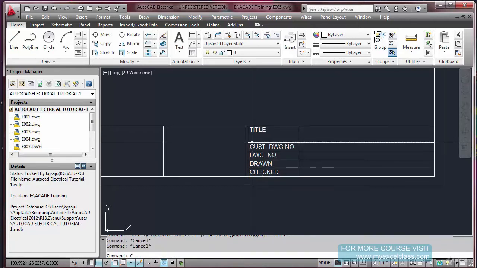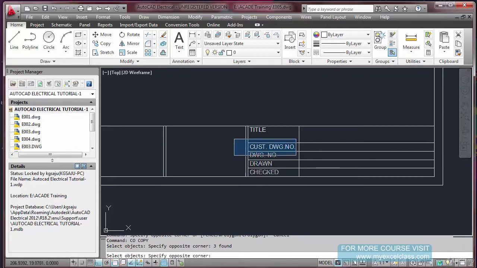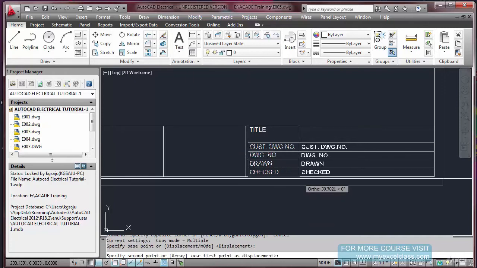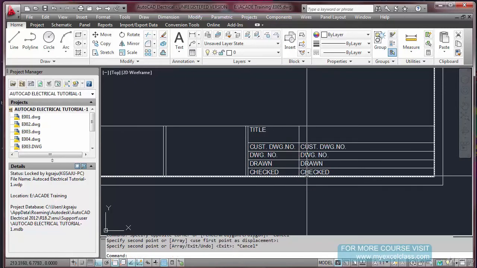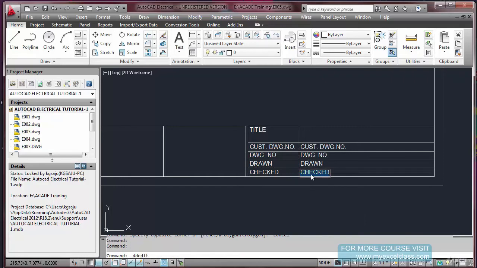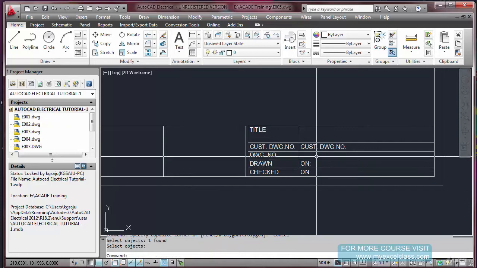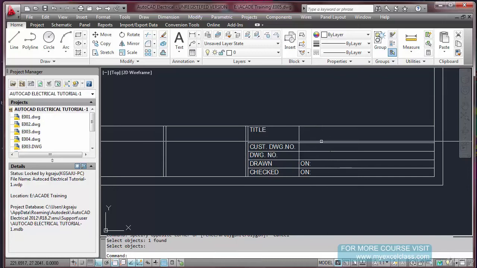Okay. Now copy this portion here, checked one, drawn one, drawing number. Here I am not putting anything else now. Customer number, I'm going to keep it blank now.